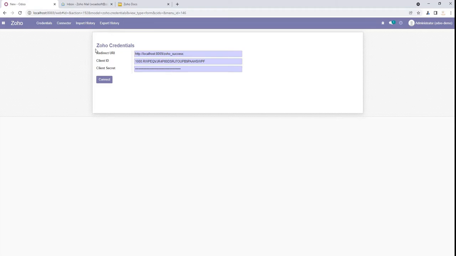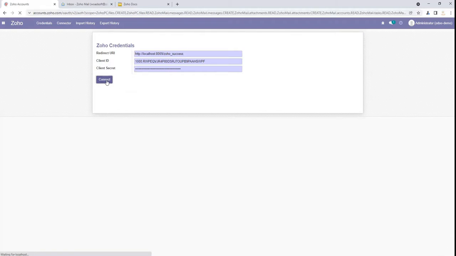First of all, in credentials, we have to create an application in the Zoho Developer Console, collect the required information parameters, and put them in the required fields. After that, when we fill out all the required fields, we simply click the connect button.